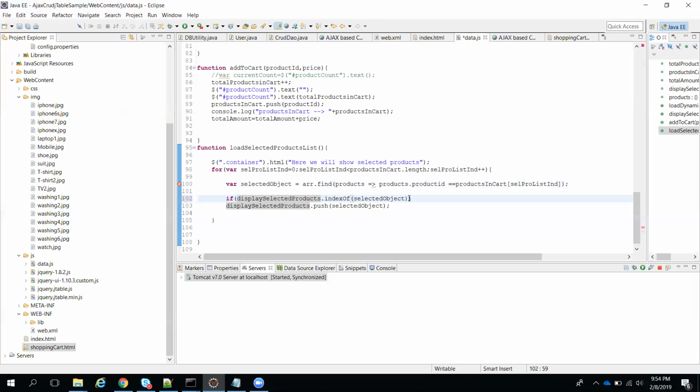If it is equal to -1, or less than 0, meaning that element is not there, then only push it. Or else don't push.